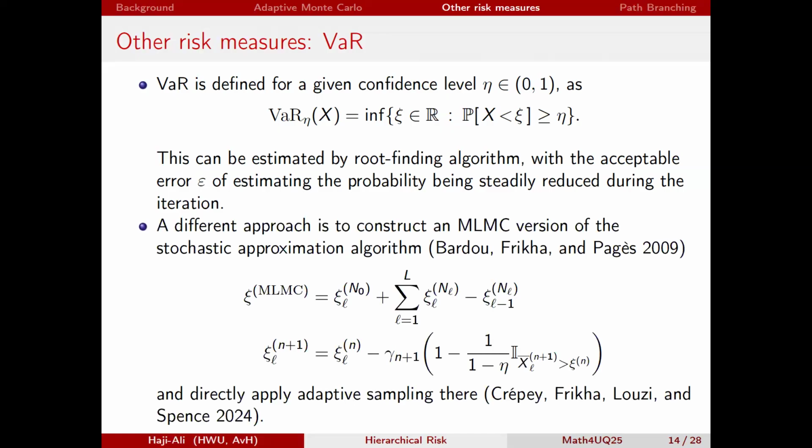If you prefer a better method or a more disciplined method, you can have an MLMC version of the stochastic approximation algorithm. This one is just for root finding algorithms where an expectation is involved. And it has the same structure as traditional multi-level Monte Carlo, but now instead of having Monte Carlo averages here, you have the stochastic approximation algorithm, which depends on the learning rate, quote unquote learning rate.